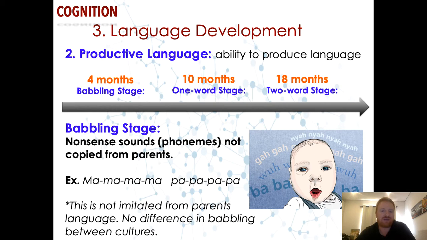And so when they say ma, ma, ma, or pa, pa, pa, you might want to believe that they're saying mom or dad, but they're really not. They're just practicing sounds. Just a coincidence. The other thing that tells us they're not imitating is that all babies babble in the same way. It doesn't matter if you're born in Korea or Russia or the United States or Paraguay. All babies babble in the same universal babble language. So they're not copying their mother language.